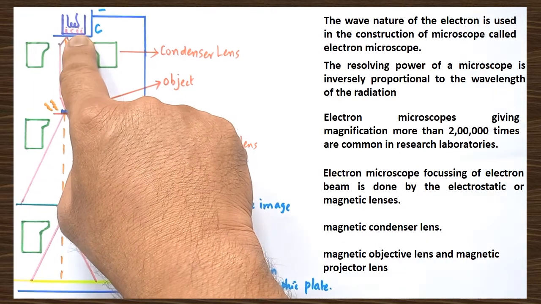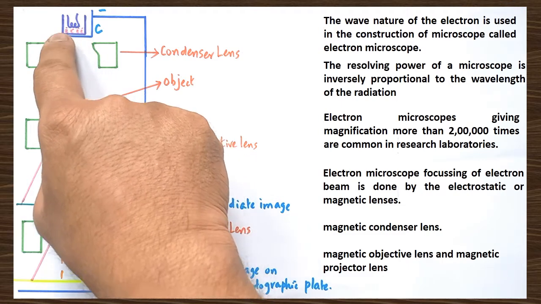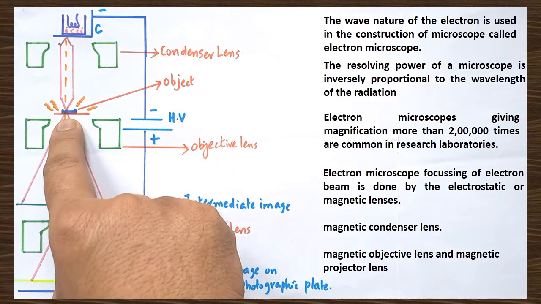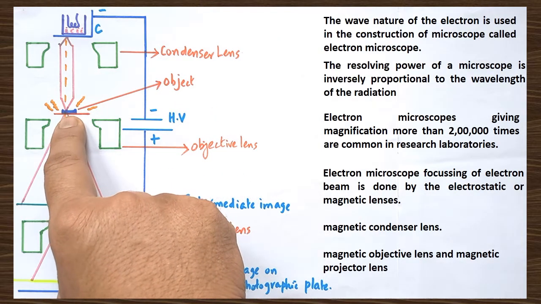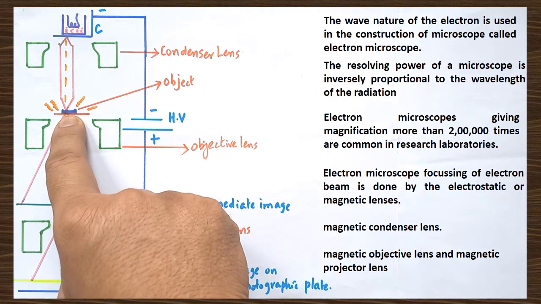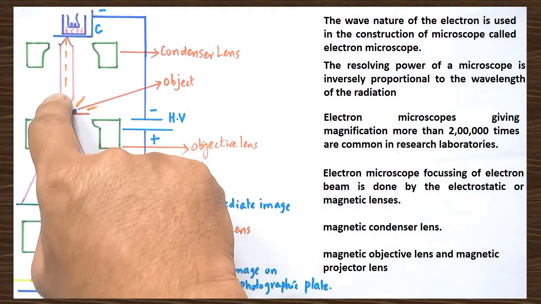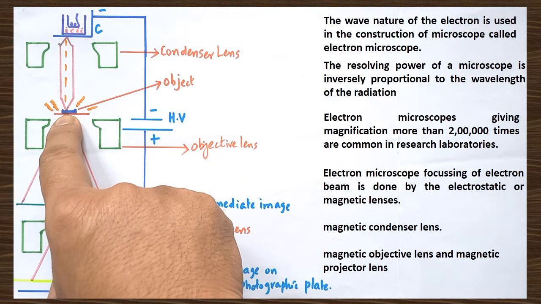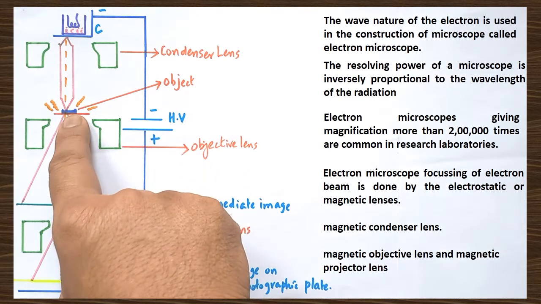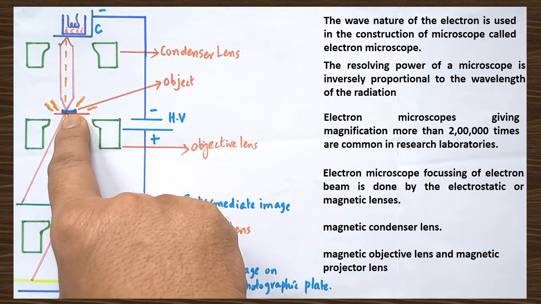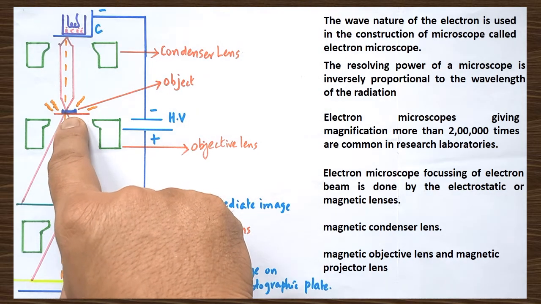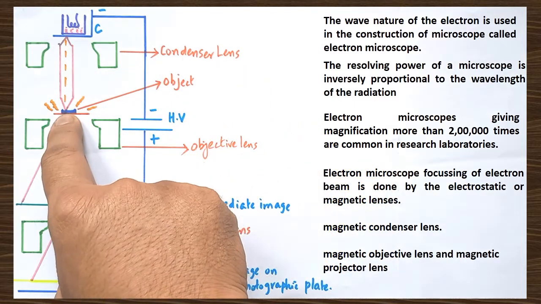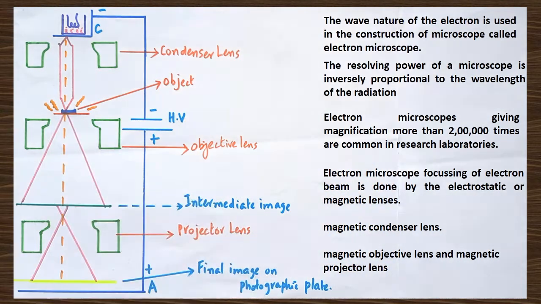These electrons are diverged, clear, and then the divergent electrons are made to focus on the object. So, this is the object that should be placed within the colloidal solution. The electrons are converged and made to be incident on the object to be magnified. If it is directly exposed to the electron beam, the object may be completely damaged, may even be evaporated. So, that should be kept within the colloidal solution. With the help of the condenser lens, the electron beam is made to be incident on the object to be magnified.